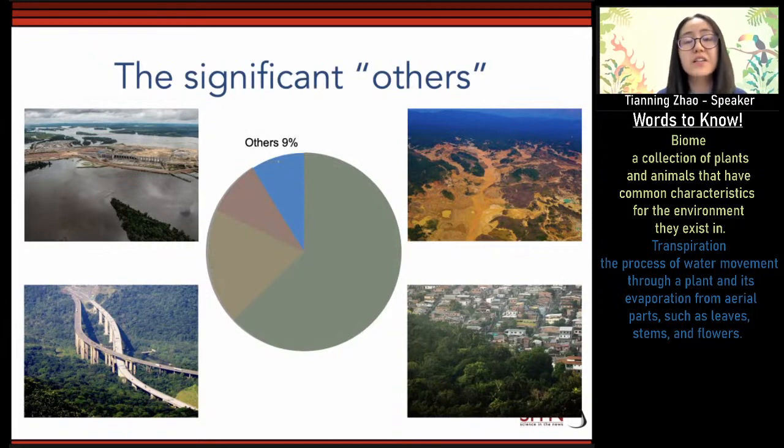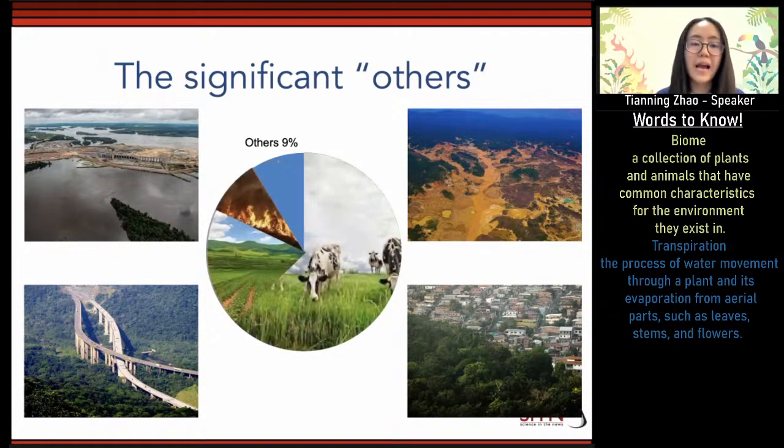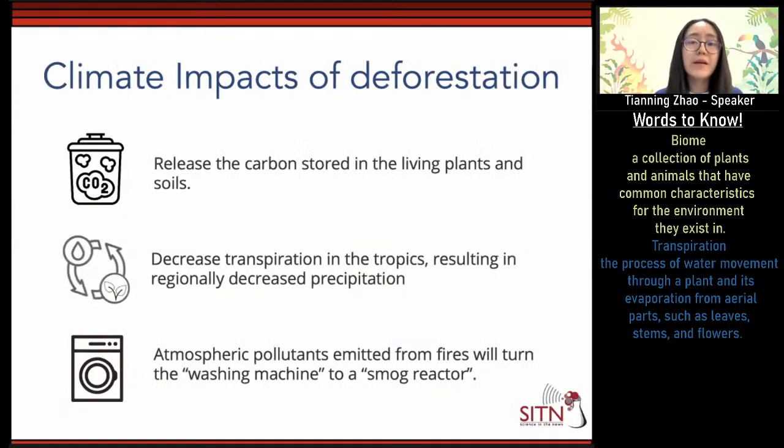So those significant other causes, together with the agricultural purposes, the pasture, crop, and the wildfires, are posing extreme stress onto the tropical rainforest. And as I said before, it's never a one-way road. The deforestation process also affects the climate. We talked about the three major pathways of how the tropical rainforest interacts with the climate. And here we will look at them one by one to understand how deforestation would pose this climate impact.